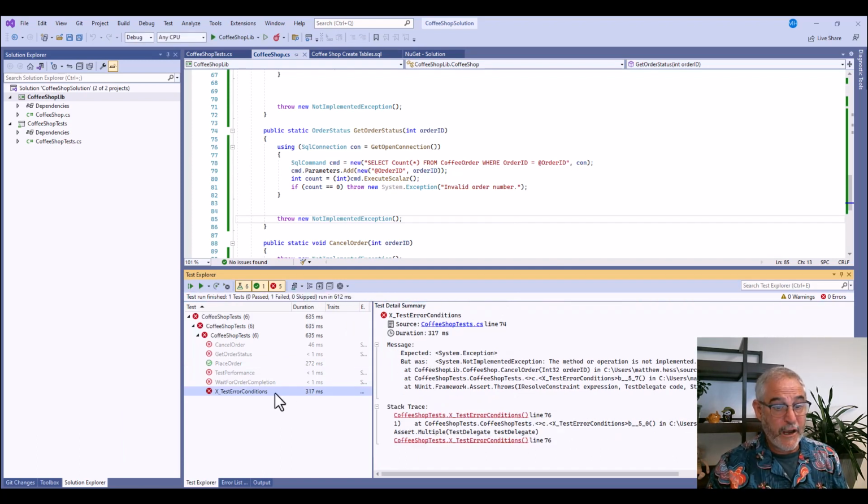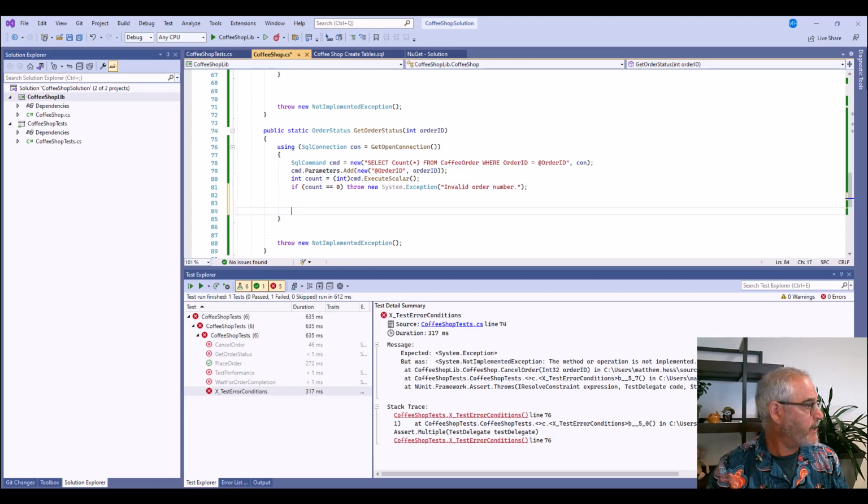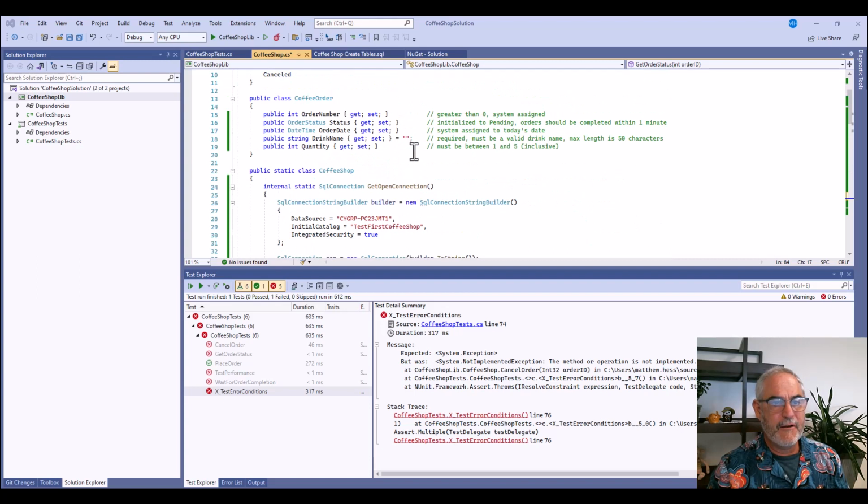And we are still getting an exception, but we're down to 1. So we cleared one other test right there. So that'll make sure that we have a valid order ID. And then in this particular system, we have this rule that we're going to assume that pending orders should be completed. I initially wrote it 1 minute. Well, I'm just going to say 5 seconds because it's not fair to make you sit here for a minute